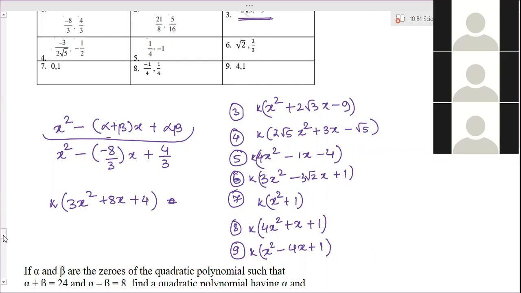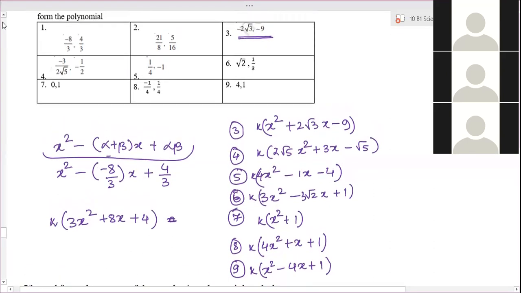Ma'am, can we do it in whatever way we are comfortable with? Yes. You can do with the first method or second method, anything. But you should know both the methods, because in some places we need to use the first method only. First method is easier. For the third one, should we factorize 9 or 2 root 3? Why do you need to factorize here? Because they have a common denominator. Yeah, the denominator is common.